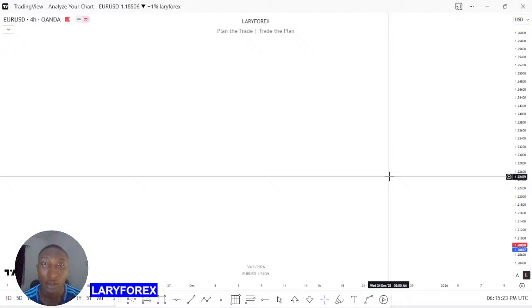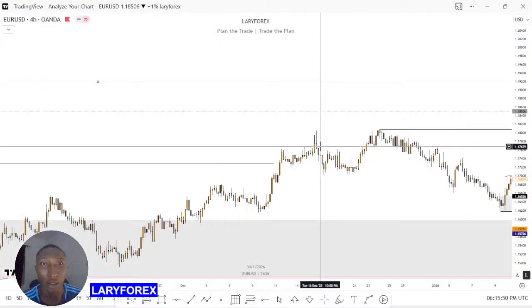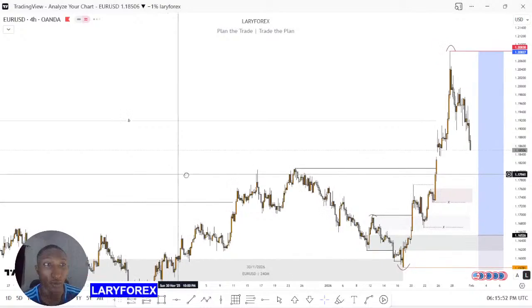So, firstly, you all already know how I trade. It's very simple: market structure, POI and liquidity. I keep it as simple as I can. I don't complicate things, all right? So when I talk about market structure, for those joining us for the first time,